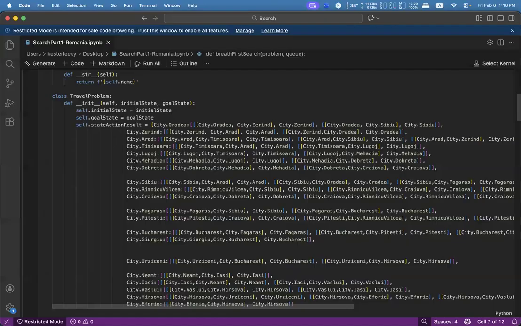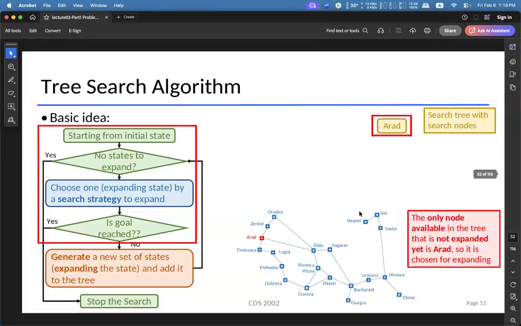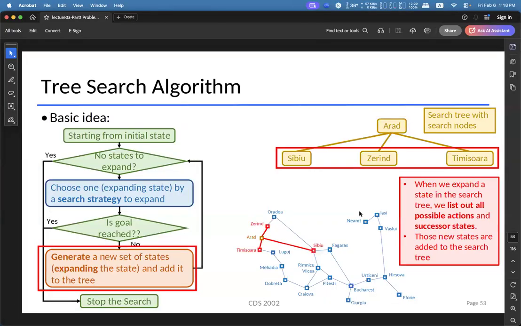Last time we also went over the tree search algorithm. Although the tree search algorithm seems very primitive, essentially it works on this principle. We start off with the initial state, and then we check what its neighbors are, and for its neighbors, we keep track of them in our computer.